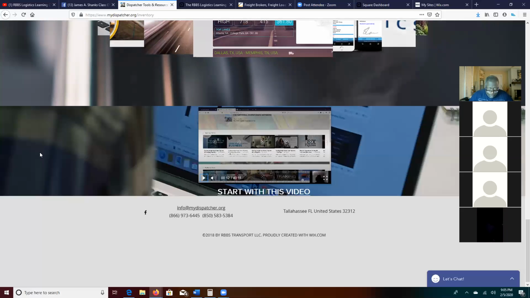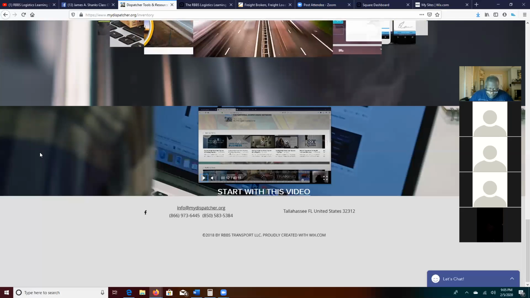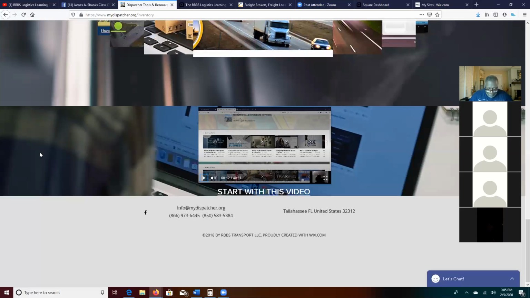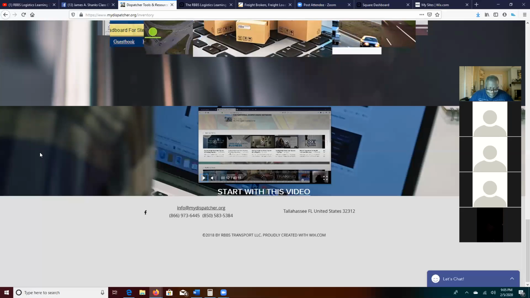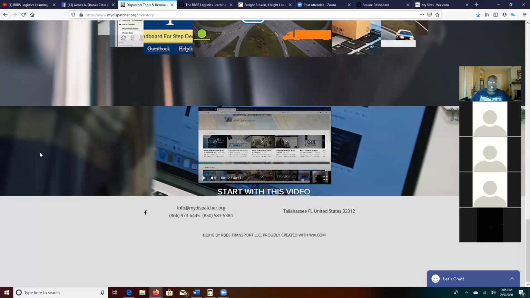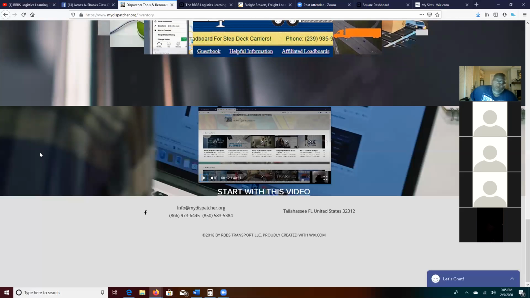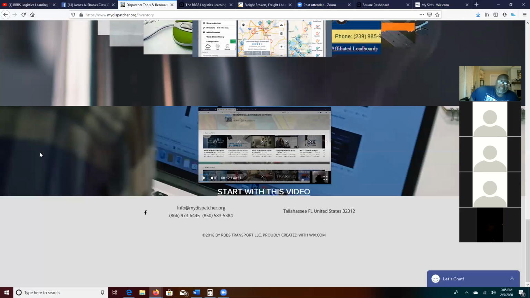I have a question about all the paperwork. I see some people have these long 10-page dispatch agreements with credit card information and power of attorney, and I have like a one-page. If you are a dispatch firm, do I need all that? No, if you're a dispatch firm, you don't need all that. That's overkill, and it tends to frighten the carrier.